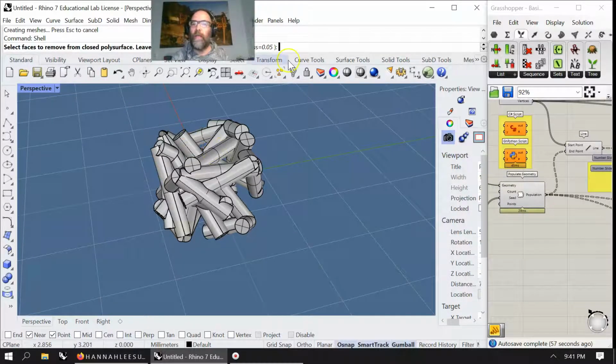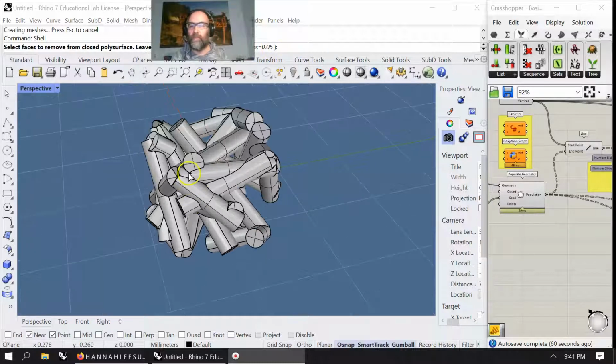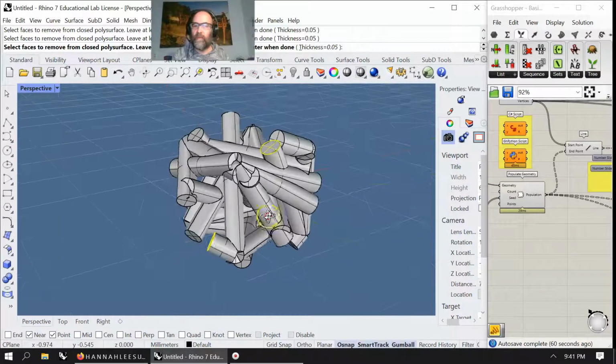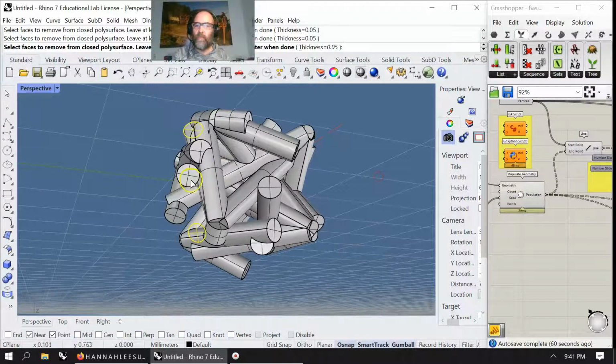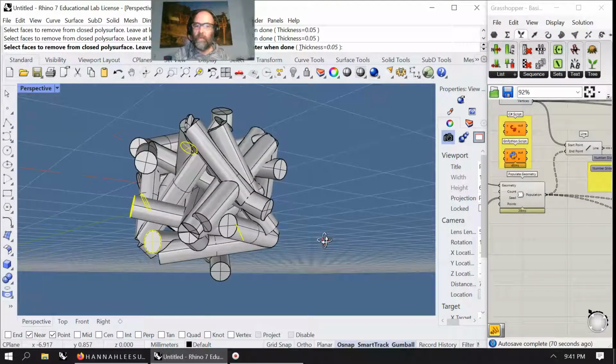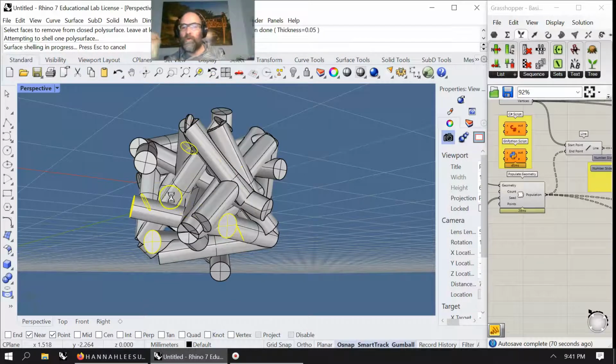So I'll put shell, and I've set the thickness to already 0.05 because I know the scale of this form. I'm just going to select and edit a couple of surfaces to open up, and actually I don't even think I'll select that one. I think I'll stay simple and grab the ones that I can actually see flat, and we'll keep spinning. We'll grab this one and maybe that one. And now I should be able to hit enter, and the shell is such a wonderful tool that if I